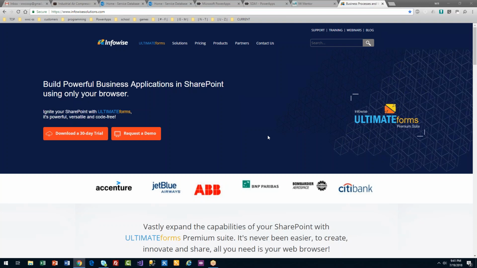So in our presentation today, I'm going to show you how you can take advantage of PowerApps and also Infowise Ultimate Forms to build out a comprehensive solution that can serve both those mobile users and also your regular office workers who are logging in through the browser on their desktop computer. Okay, so